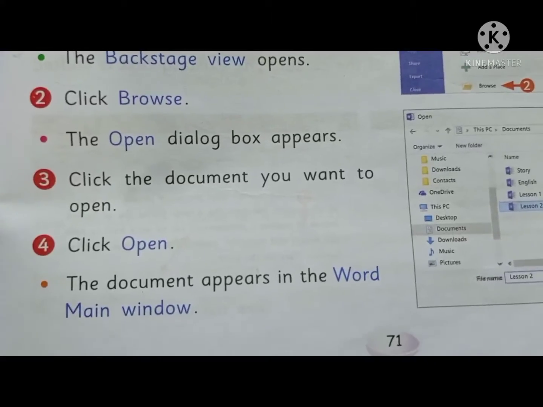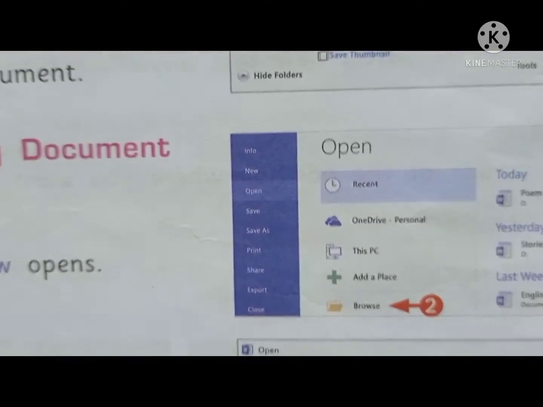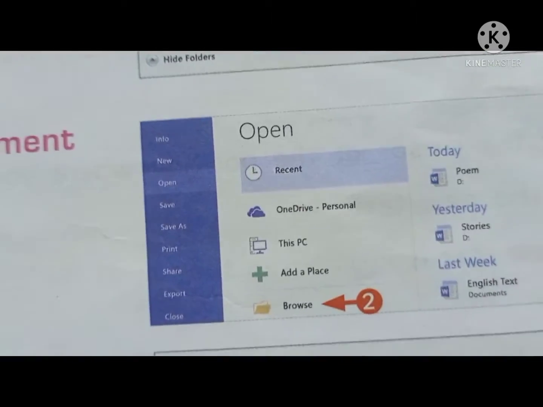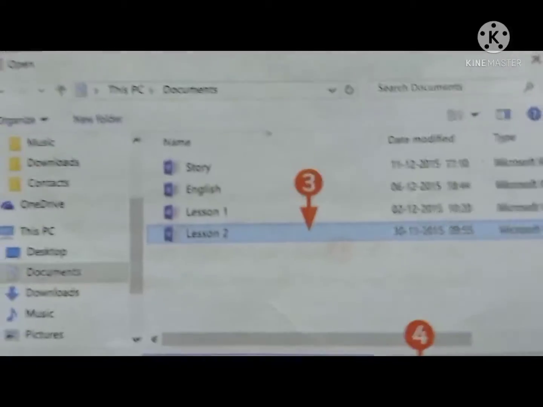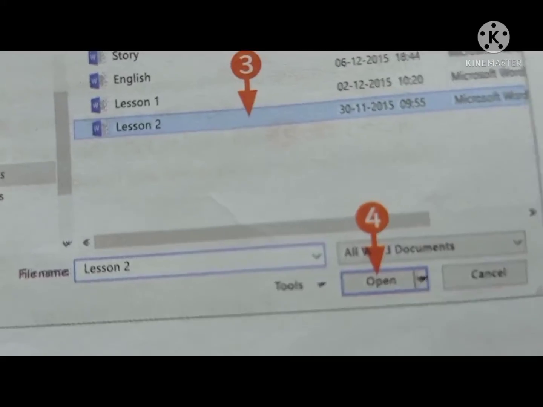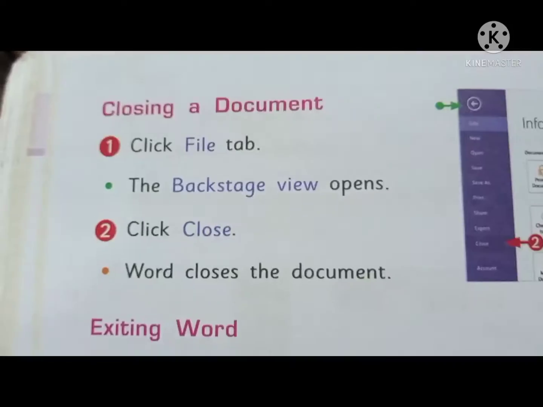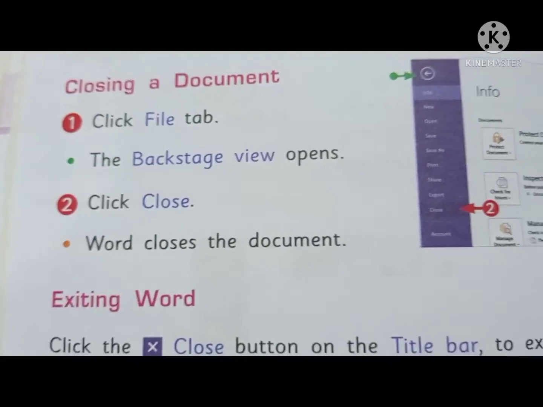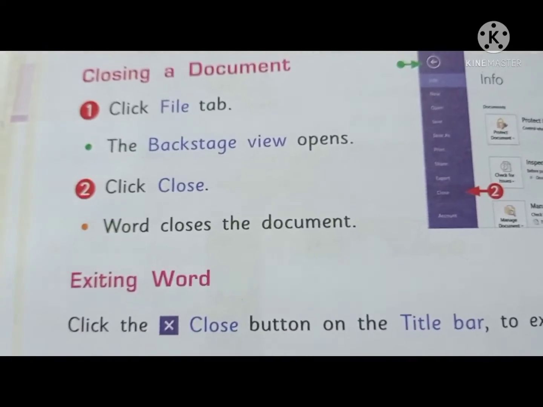Then you can see the document will open. From the File tab, select Browse, then go to the file you want to open, select that file and click Open. Next one is closing a document. If you want to close a document, go to the File tab and click Close. Then you can close that document.